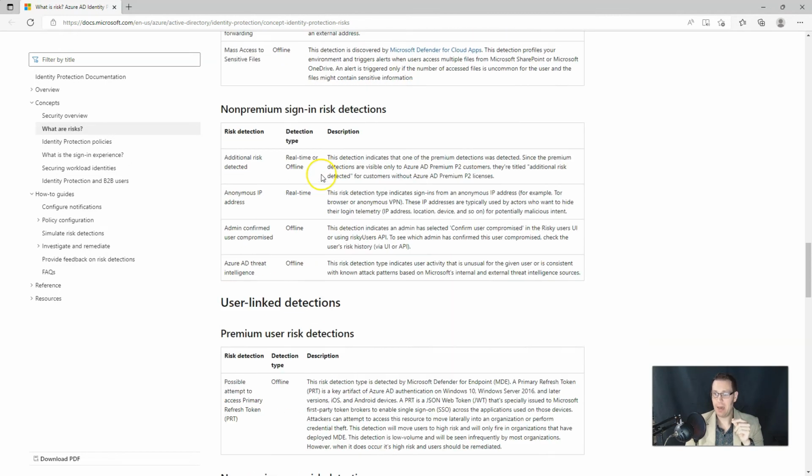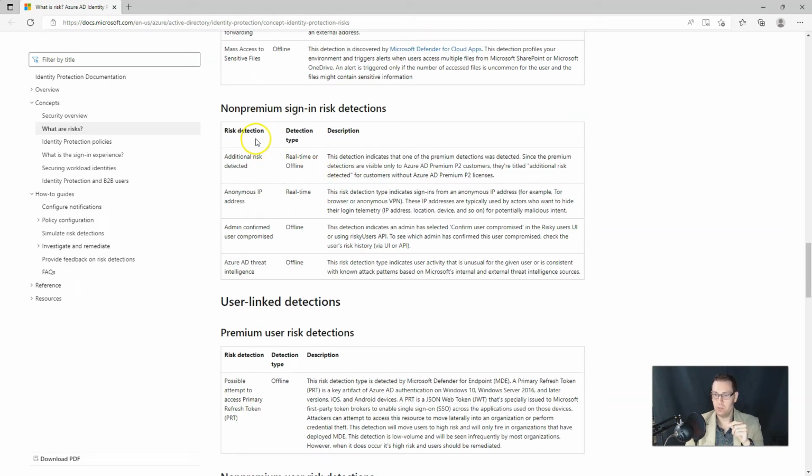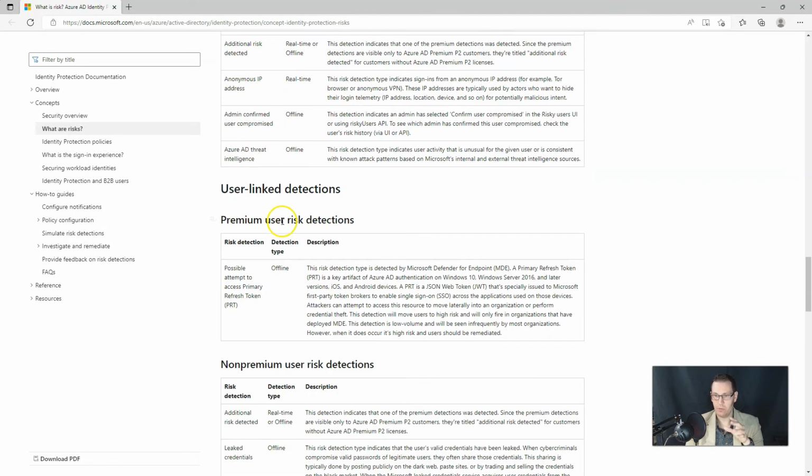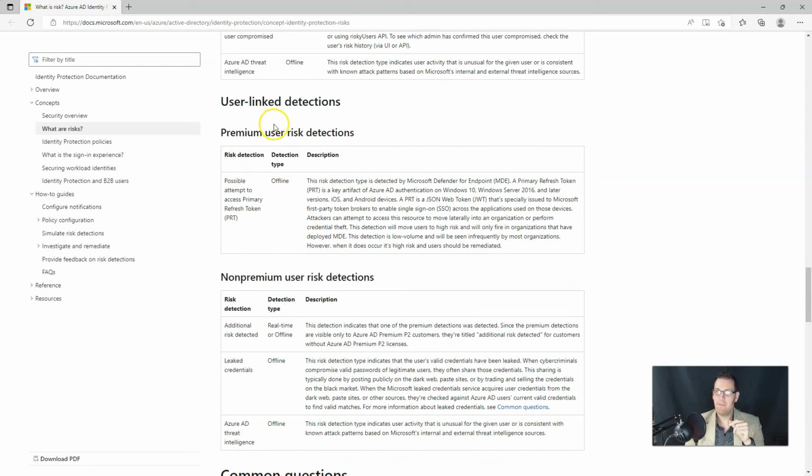Okay, so what ends up happening there is we can do, these are non-premium, so these are ones that kind of automatically happen here. Don't worry about those. We'll come to those in time. Then we have these user risks. So we have sign-in risk, which is, again, based off of the time of signing in. Then we have